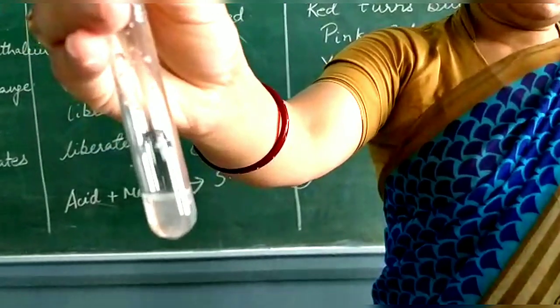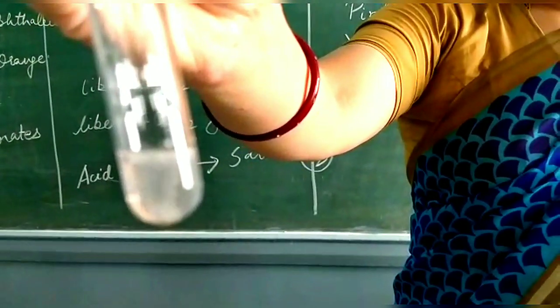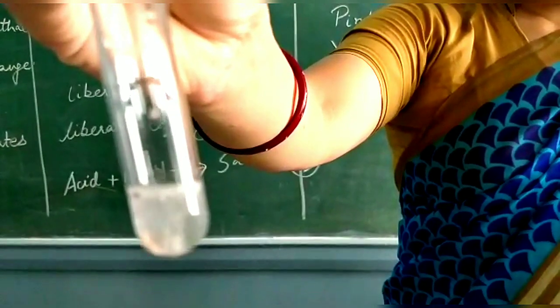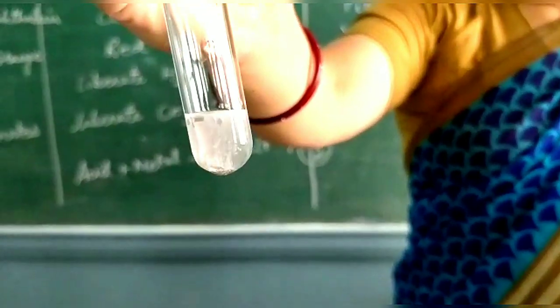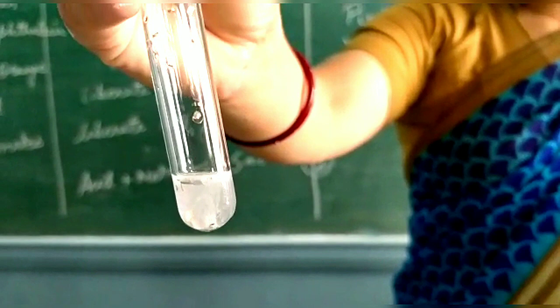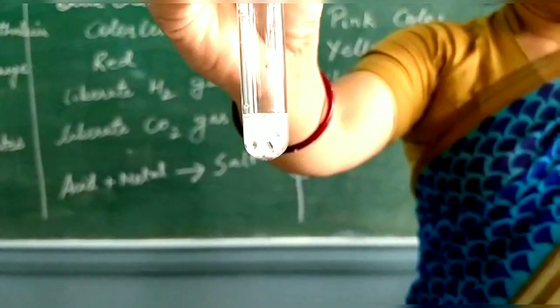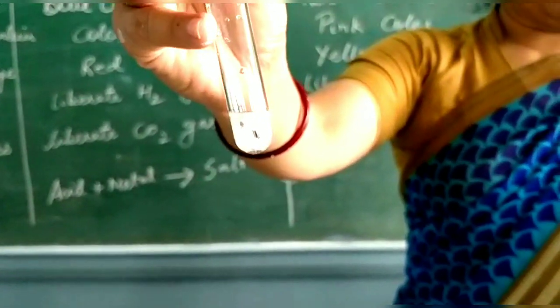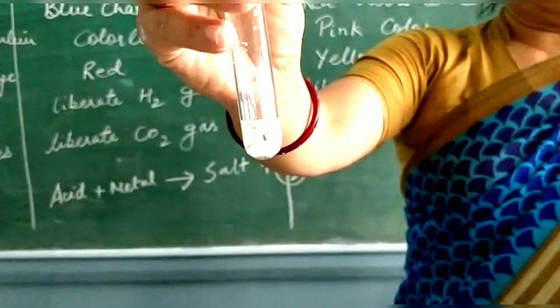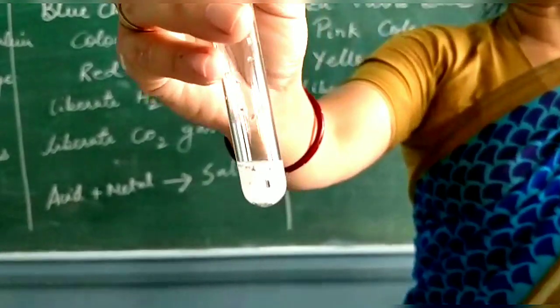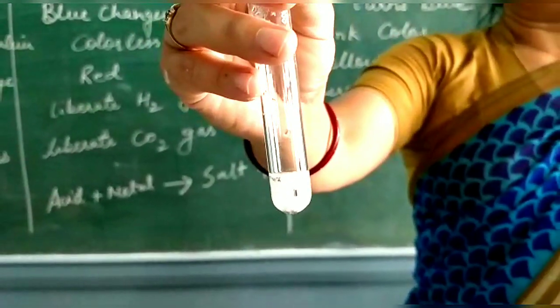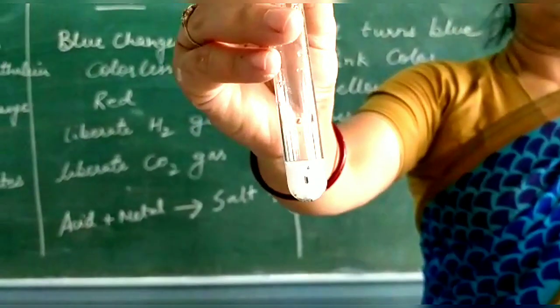So you can see the bubbles come up, but these bubbles are so slow as compared to acid. These small bubbles come up, and if we test by bringing a burning matchstick near the mouth of the test tube, it burns with a pop sound. Since I know that I have added base and metal, I know the reaction. That's why I'm saying that this hydrogen gas has been produced. You can test it later also by bringing a burning matchstick.